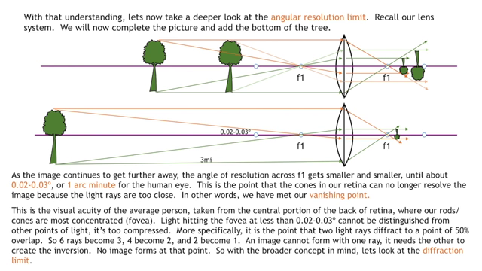So with that understanding, let's now take a deeper look at the angular resolution limit. Recall that we have a lens system, and we will now complete that picture and add the bottom of the tree. So before we were just looking at two rays of light coming off the top of the tree. We're now going to put the bottom of the tree on, and we'll look at the two rays coming off the bottom, and that completes our picture of our inverted image behind the lens, which is then projected onto the